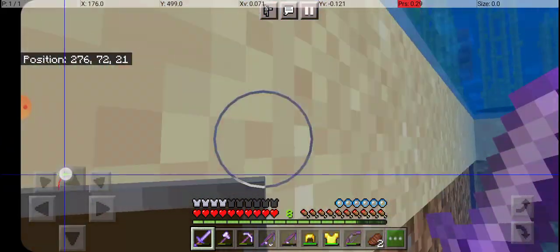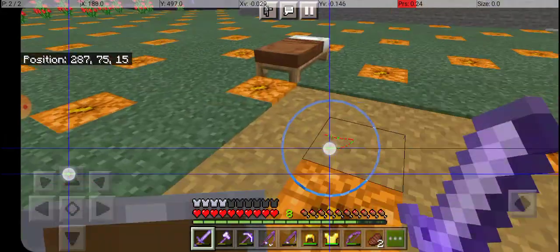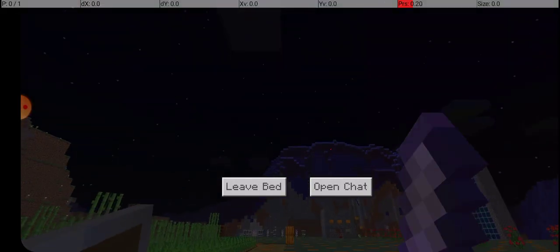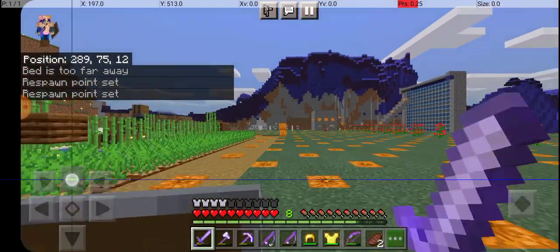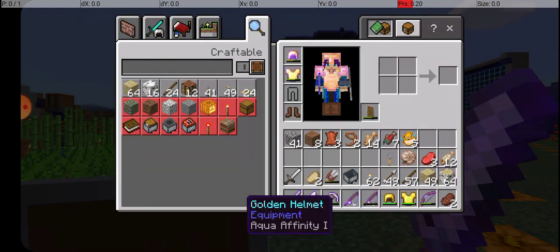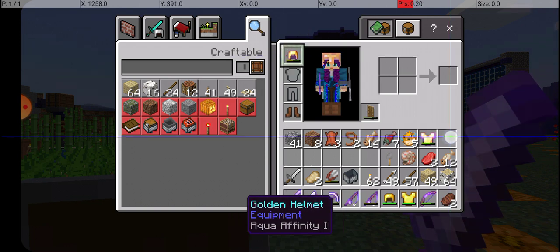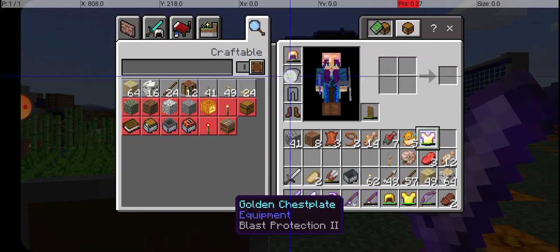He did, however, drop a full health, almost, golden chest piece and golden helmet, which I, of course, am going to be able to make good use of in repairing my current golden armor, which is decently badly damaged. But on top of that, I'll be able to enchant this golden armor first, allowing me to make use of...